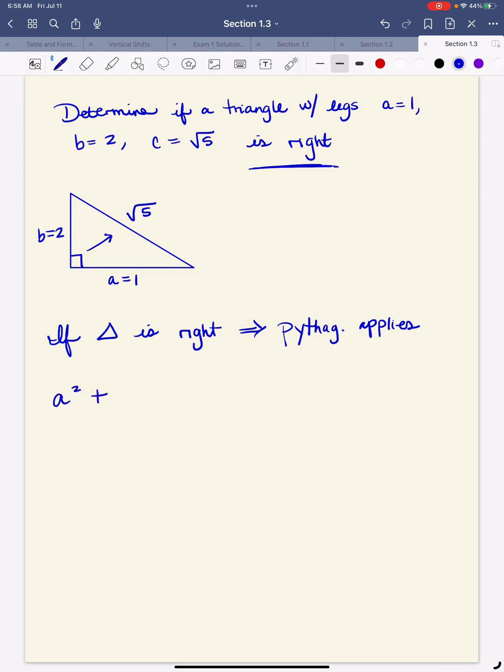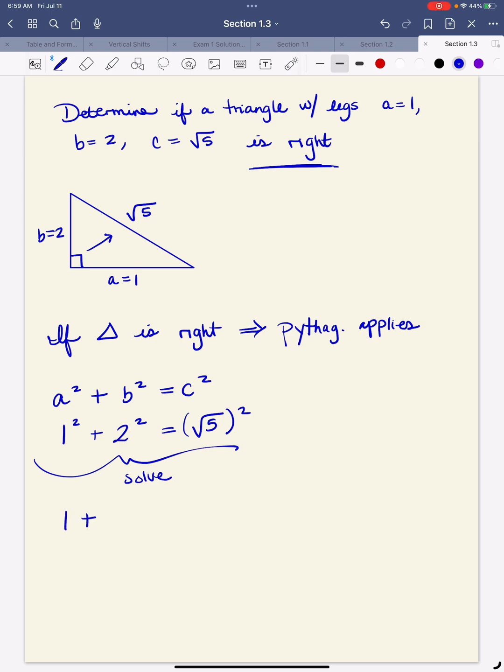That means that A squared plus B squared must equal C squared. So that would mean 1 squared plus 2 squared must equal the square root of 5 squared. Now notice I put parentheses around the square root of 5 because I want to make sure we know it's root 5 times root 5. So let's solve this. 1 squared is 1. 2 squared is 4. Equal to